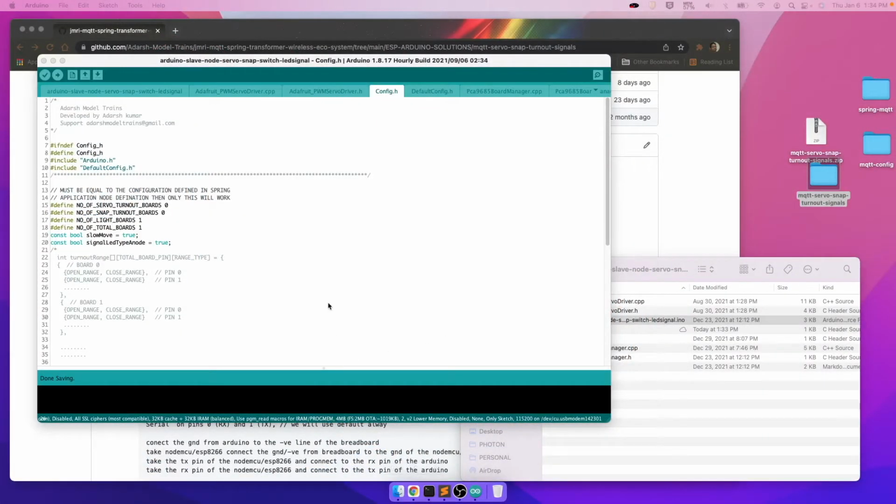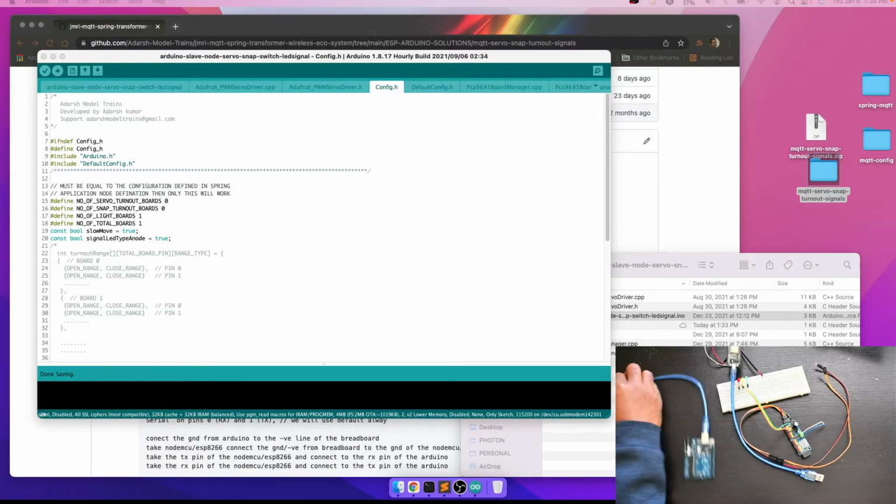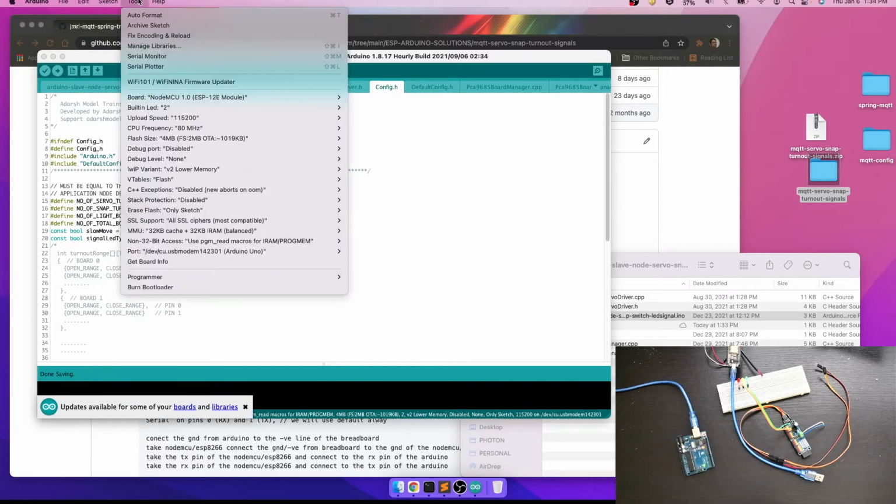So first thing we will do is upload the code. For that we'll connect our Uno to the laptop and then upload the source code. So we connected it. Just make sure that we are on the right port.